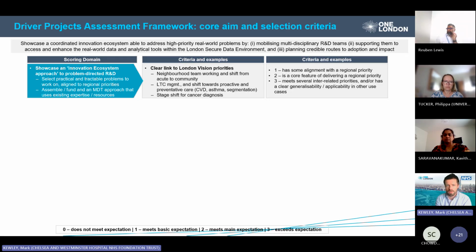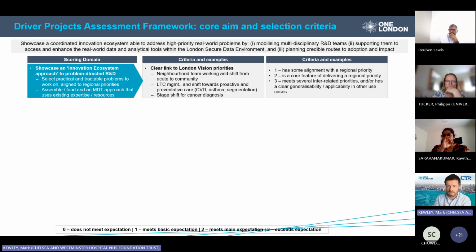But we're really looking for those proposals to be directed towards clear and prioritized real world challenges. To give an example that I know relatively well from Northwest London, what that would mean is, because the ICB has declared 3 major research and innovation missions, we would be expecting those missions to be the galvanizing element of responses from teams in Northwest London. So that would be to do with children and young people's mental health, or cardiovascular management, or right care, right place, right time. That's going to be a core element,